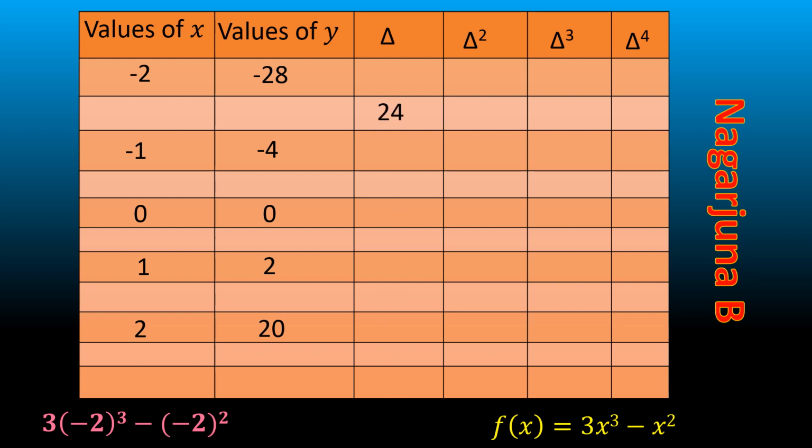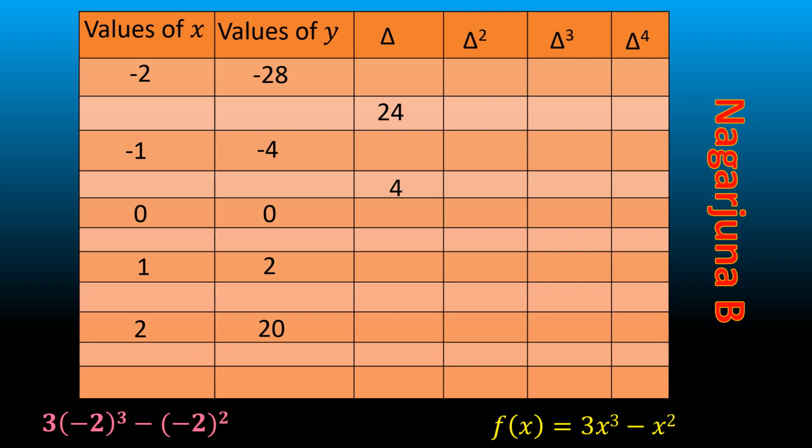And observe where that value has been written. It should be written in between the values of x in the column of delta. Then next, in between the values of y in the delta column. Then next, delta value 0 minus of minus 4. Minus of minus 4 will be plus 4. 0 plus 4 will be plus 4. Right? So if you have not written any sign, that means it will be a plus, that is a positive.